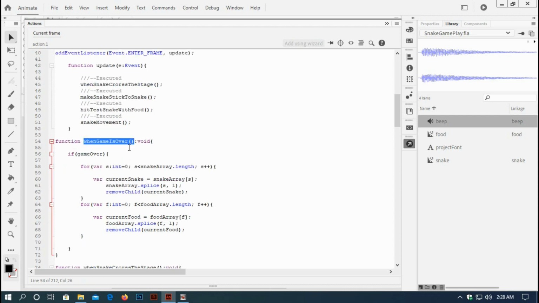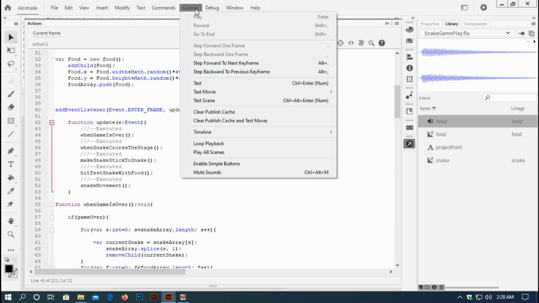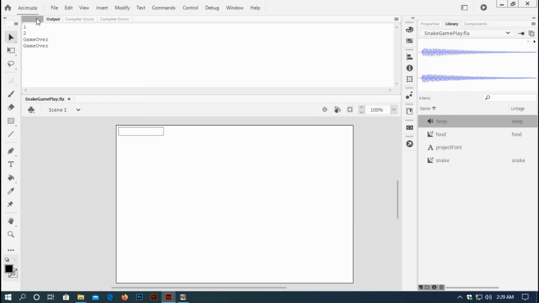Just copy this custom function and paste it similarly inside the enter frame event listener and save the file and test it. And when the game is over, the snake and the food are removed. Okay, and now